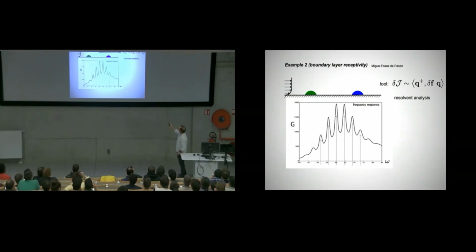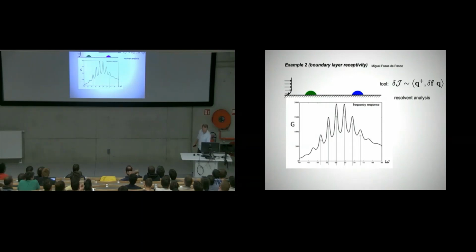we want. We say, what happens if the Reynolds number goes up by 5%? Well, we just take all the terms in the equation that are multiplied by the Reynolds number, and we take our solution for the direct problem in the adjoint, we evaluate that scalar product, and we know what will happen. Okay? Then we say, okay, how about changes in the Mach number? Well, we take all the terms that have Mach numbers in it, okay, and multiply it, and so on and